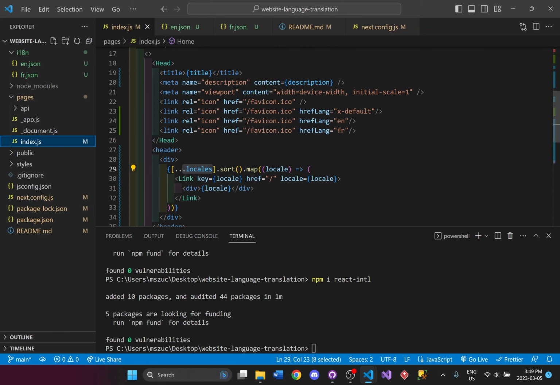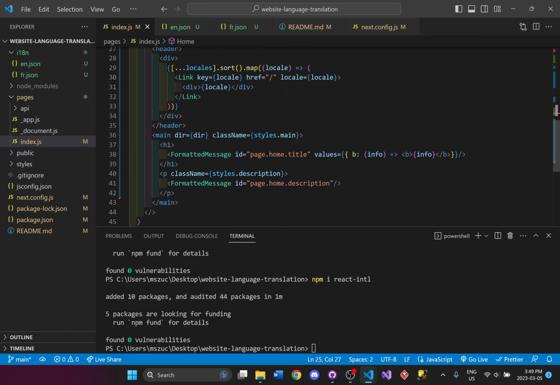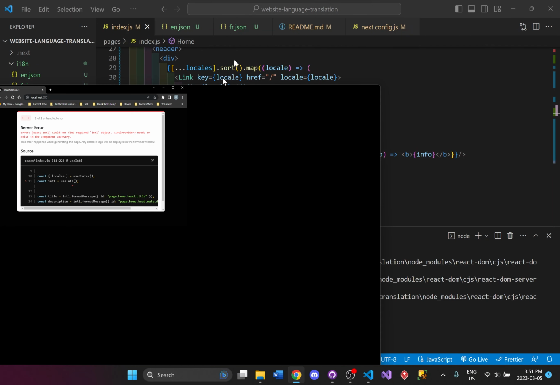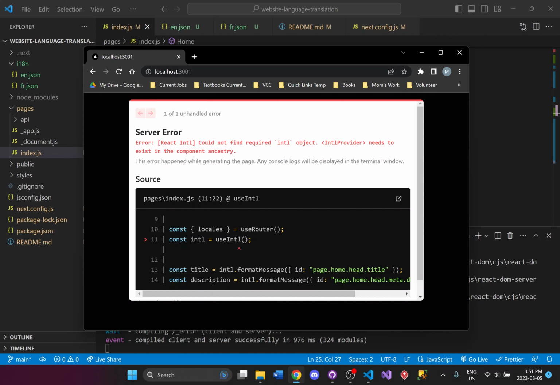And now we can run this, and it should display the translation. It should display the page with the little buttons at the top that we can now move in between the two different languages, which are English and French, that we set up. So I'll do npm run dev. So when we get to this point, it says could not find required Intl object. It's because we forgot to do one last thing in our _app.js,